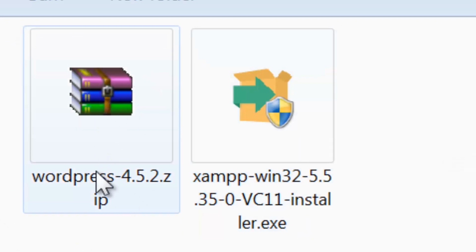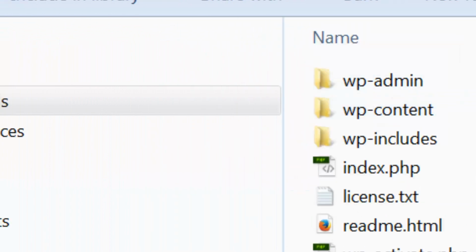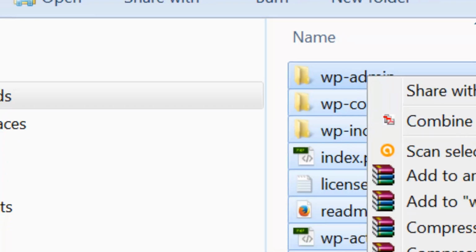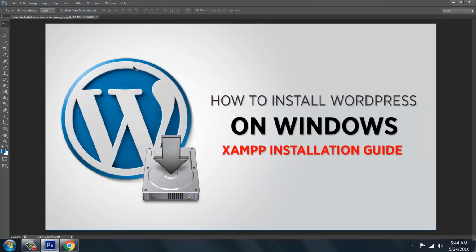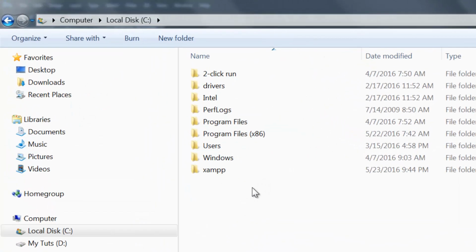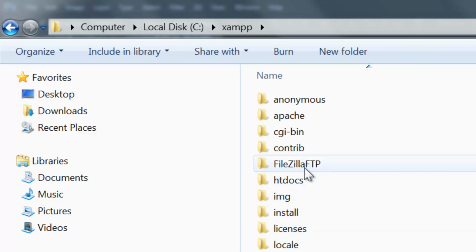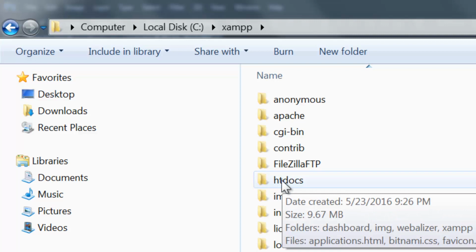So after extraction is completed, it will give you another folder, this. Okay, so this contains the most important components of WordPress. Simply, you can copy this. You need to go to the folder where you have installed XAMPP. So here inside XAMPP there is a root folder. htdocs is the root folder, especially I'm talking about XAMPP. In case you have a different server, it may be MAMP or WAMP, the root folder might be different. So here htdocs is the root folder, especially in XAMPP.